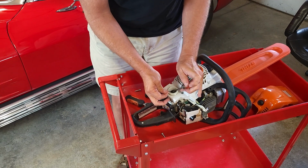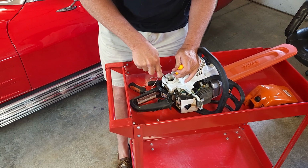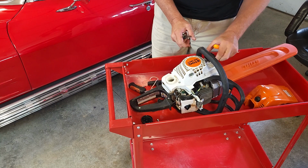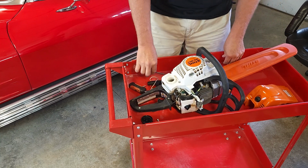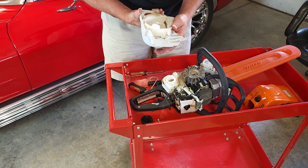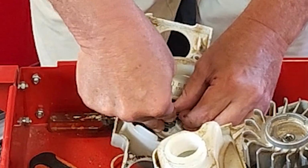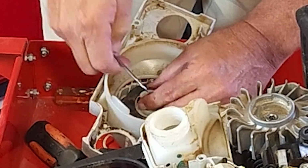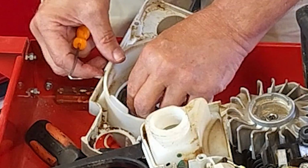to remove these from the tank. There we go. The guy comes out like that. Oil should do the same thing. All right. So now all we're going to do is lift the assembly back off. There goes my other screw, which is fine. Now what we're going to have to do is take the clip off, holding the mechanism in, and remember how you did it. So these go in, take these off,